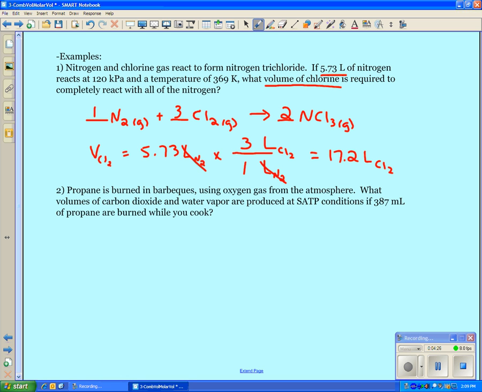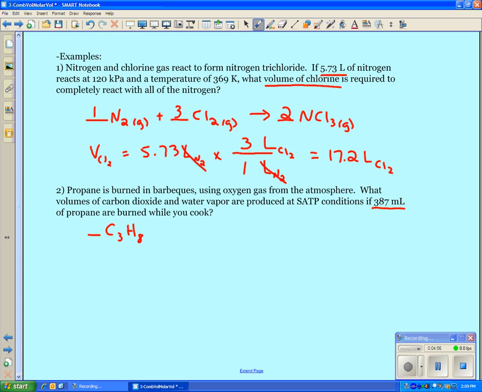Second example, propane is burned in a barbecue using oxygen gas from the atmosphere. What volumes of carbon dioxide and water vapor are produced at SATP conditions if 3.87 milliliters of propane are burned while you cook? Again, the conditions that we have isn't really going to matter. All we need is that volume of propane that we're starting with and the ratio that we get from our balanced equation. So propane,